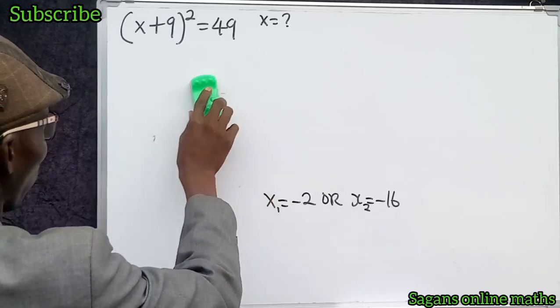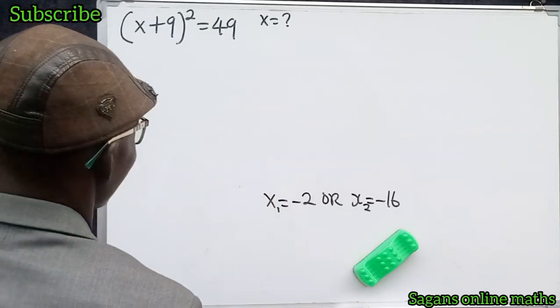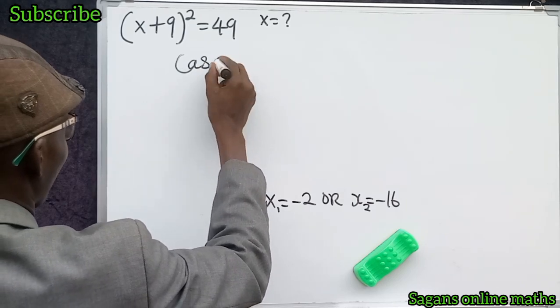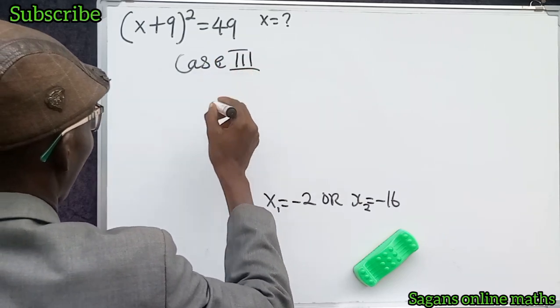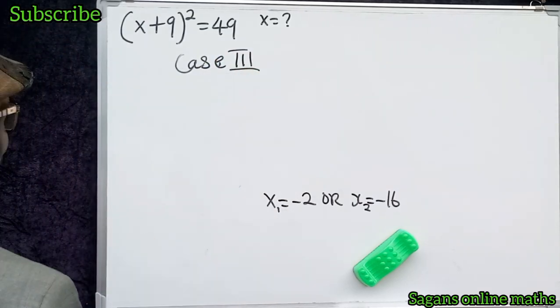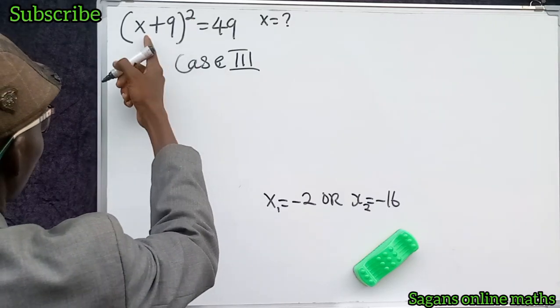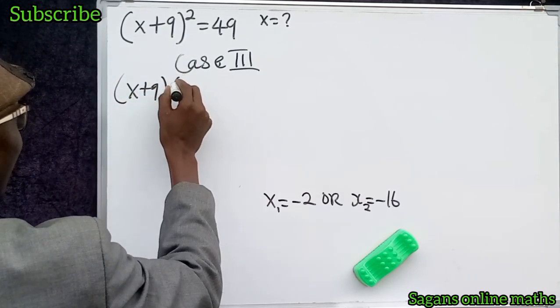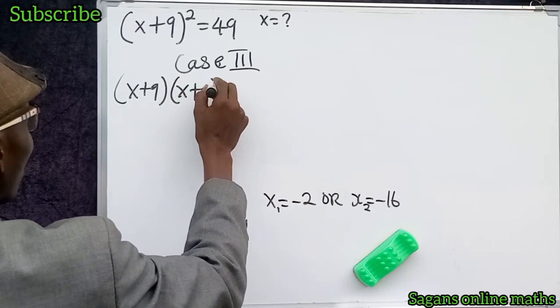So let's consider case 3. Look at what we're going to do. This square means that this parenthesis is twice. So this now becomes (s + 9)(s + 9) equals to